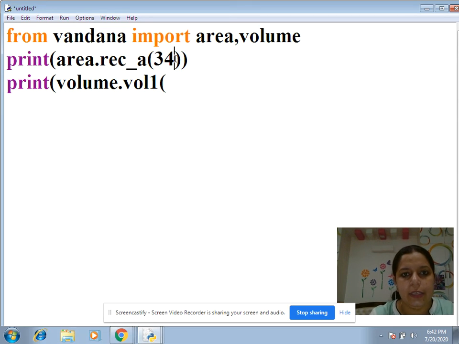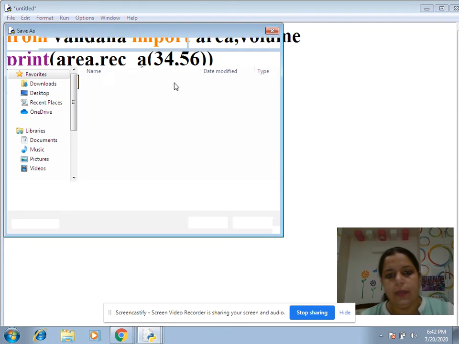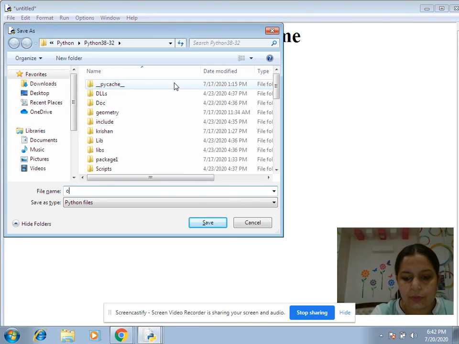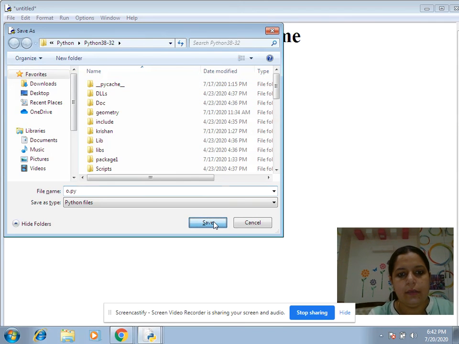But for area I need two arguments, otherwise it will create an error. In volume I can pass one argument. Let's suppose I have passed 32. So this is how we call the package, and let's run this program now. I am saving it as, let's suppose, o.py, and then let's see.